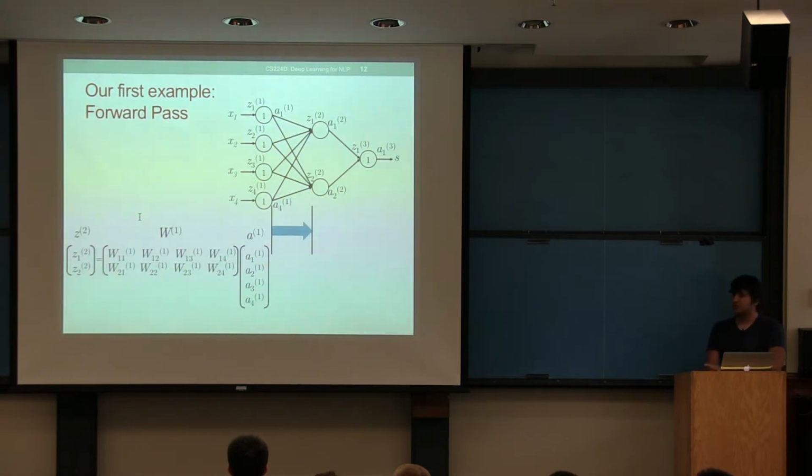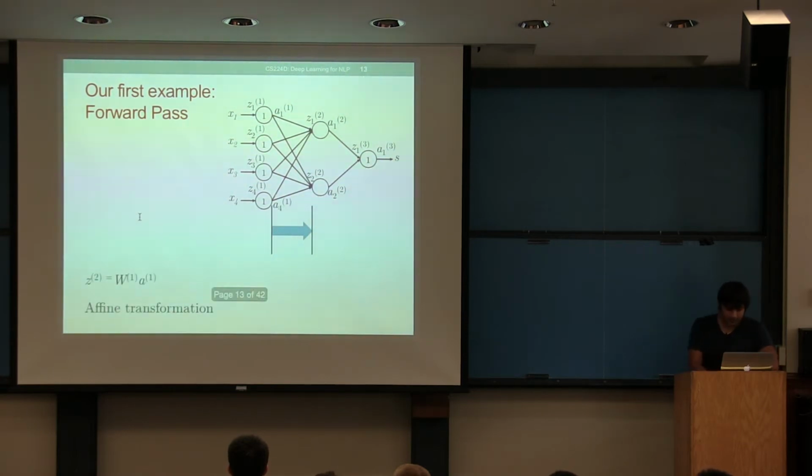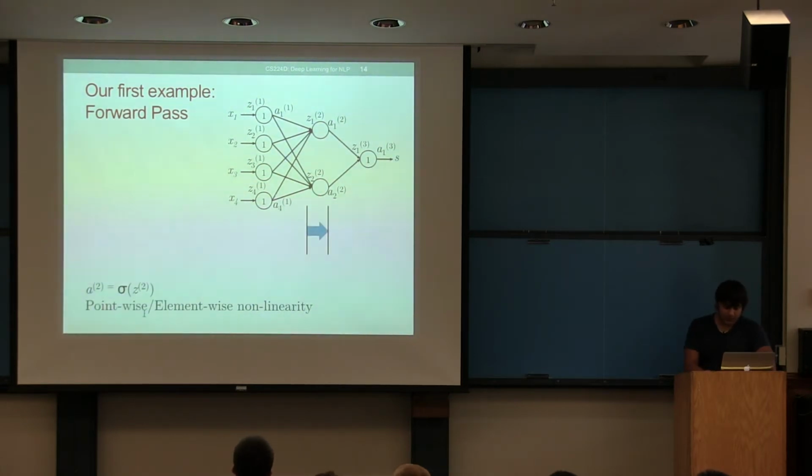So far so good. All right, so we're just going to call this an affine transformation and move on. So at this point we have Z2, and what we do is we apply a pointwise nonlinearity sigma to each of these. So at this point we're not really doing any affine transformations. Instead we're taking each element of the vector Z superscript 2 and just applying a sigmoid transformation to it, and we're retrieving these activations of the second layer, A2.